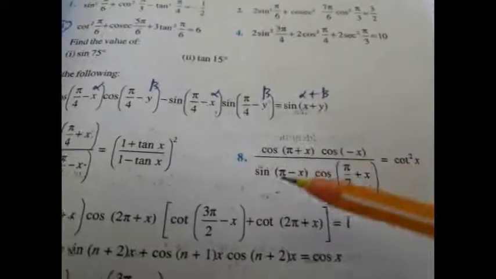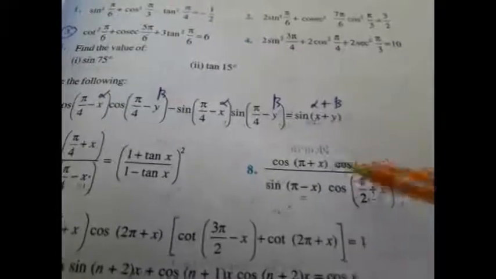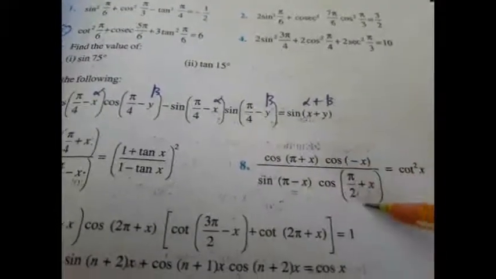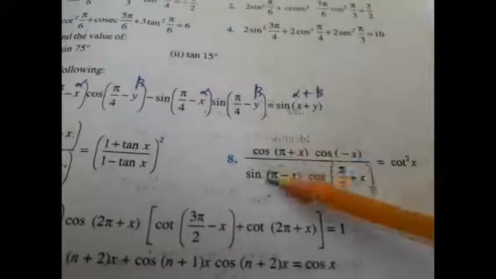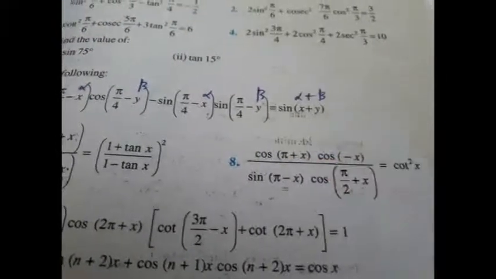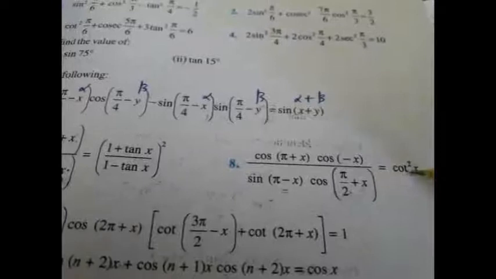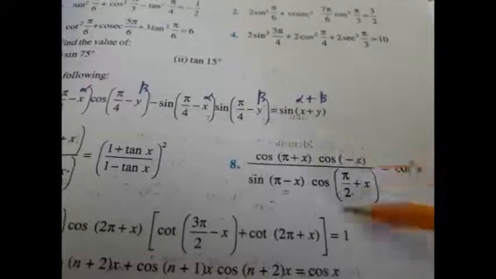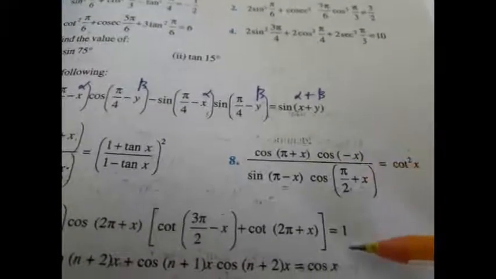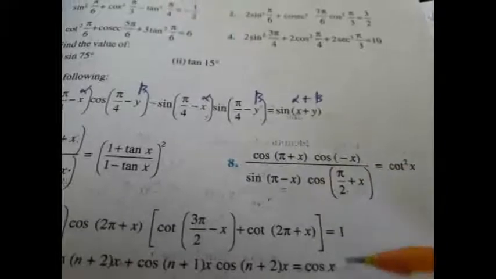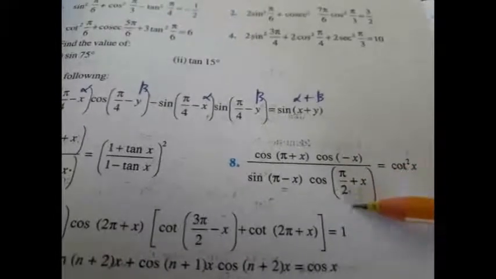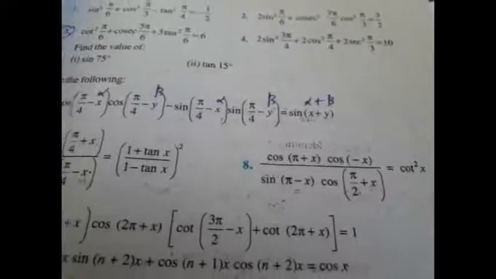I hope you people are following me what I am trying to explain. All these identities we have listed out. So just to see what this value stands for, substitute and try to simplify. When your answer is in cot, obviously you will get the last step as cos by sin, cos square x divided by sin square x, so that it will become cot square x. You can very well solve this problem.